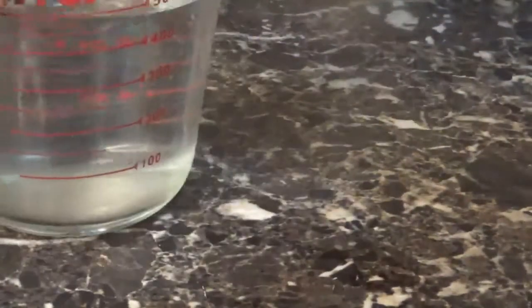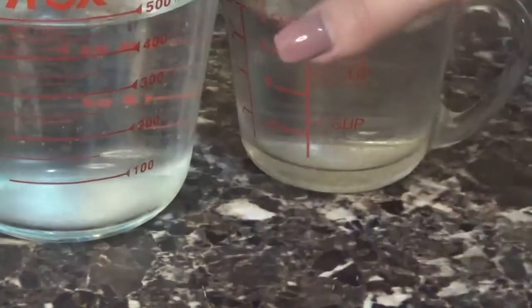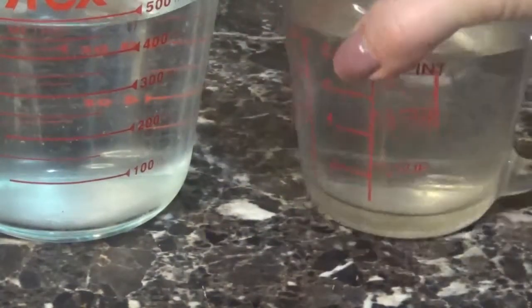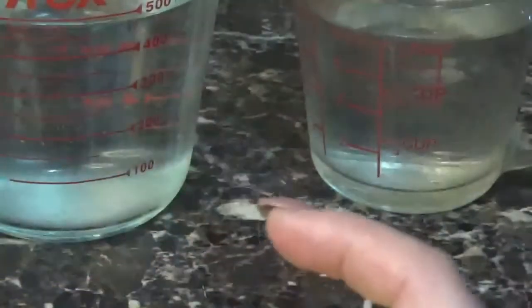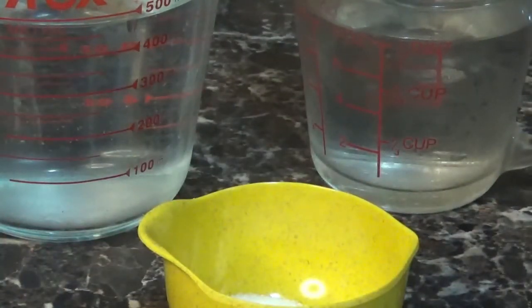So for starters, we're going to need water. I'm going to start by using 2.5 cups of water. That's the amount I'm going to use first. I'm keeping a whole cup here because I might need a little bit more. I'm also going to be using 1.5 tablespoons of sugar and about a pinch to 1/4 teaspoon of salt. I use kosher salt. 2 tablespoons of butter, and I'm going to use give or take approximately 2 cups of